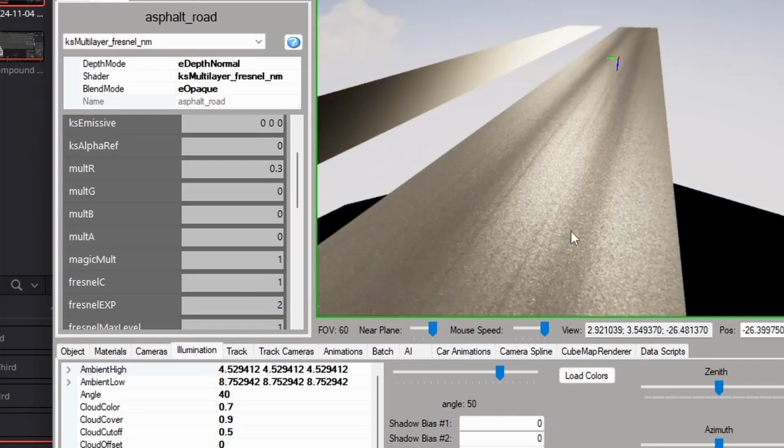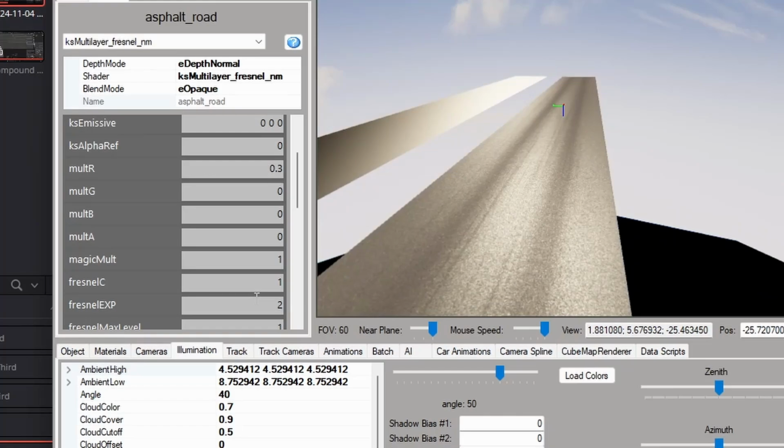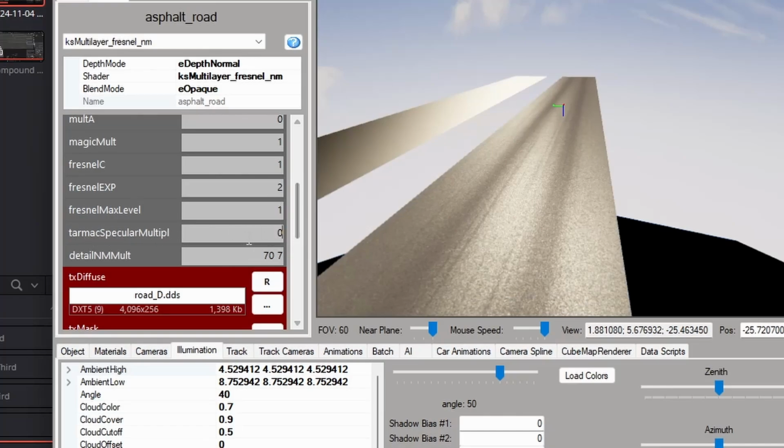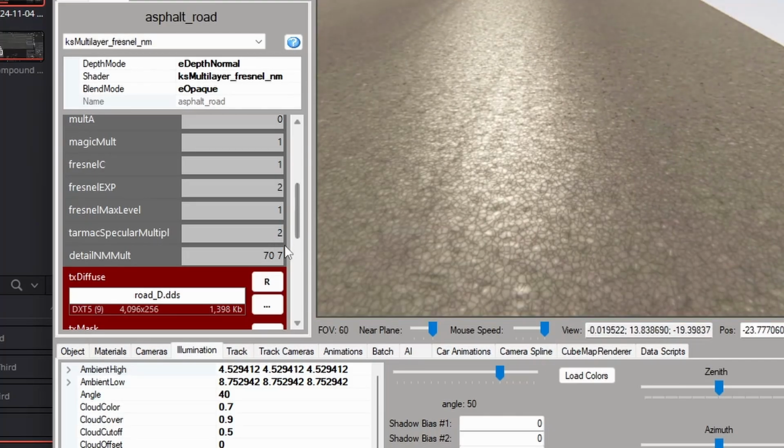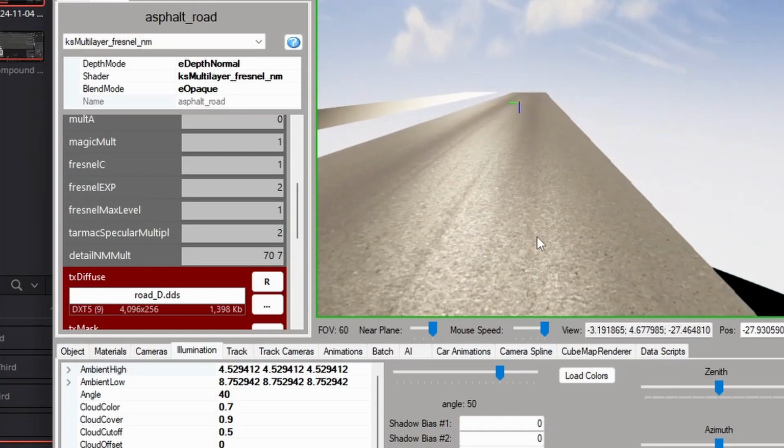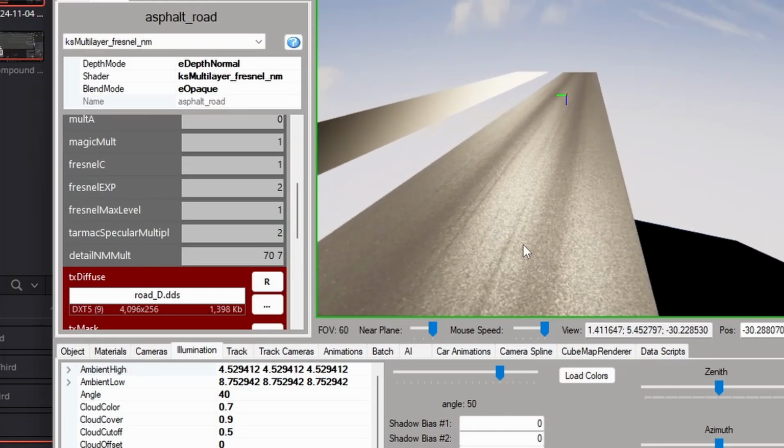The multiplier for the specular map, or the specular map, and how much it is affected. And the EXP is again a multiplier for this. Rational max level usually on roads should be 1. And the tarmac specular multiplier doesn't seem to do anything in that case. Probably does it for the lower parts. I don't know. Play around. If it changes something, you know what it does. That's how you learn it, sadly, because you do not get a lot of